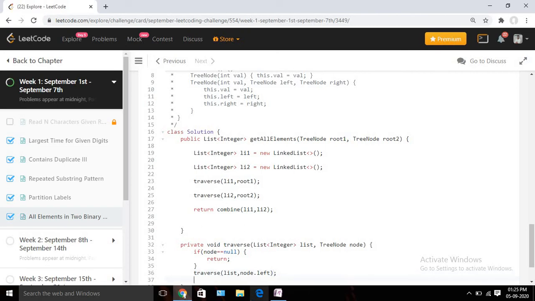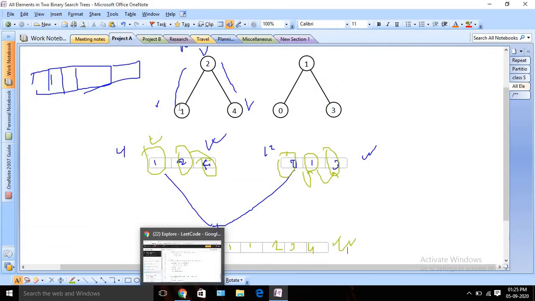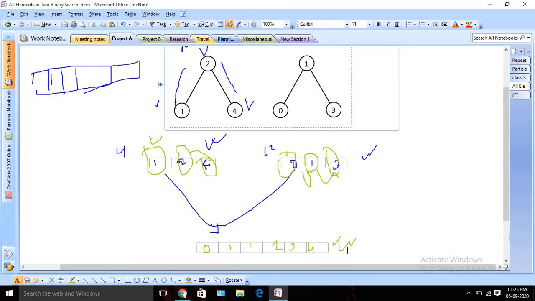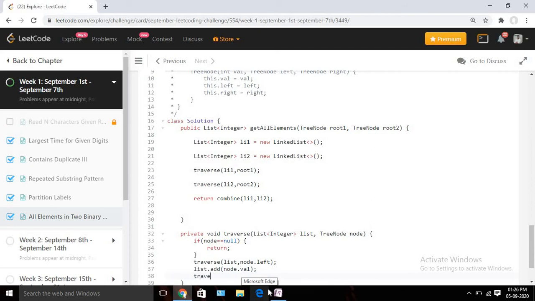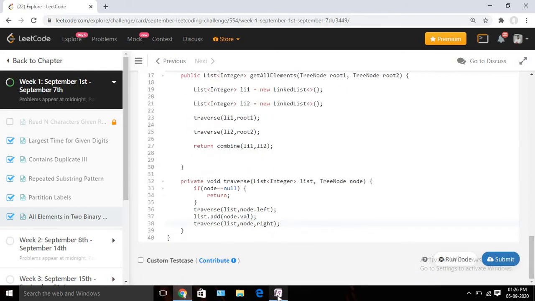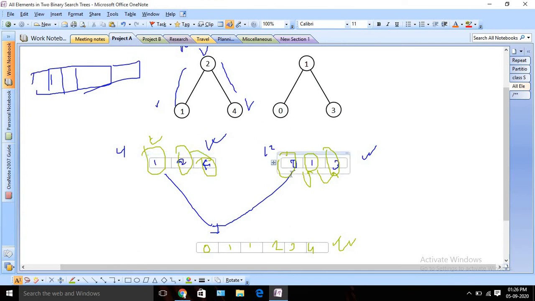Okay, then whenever we reach the extreme node, suppose I traverse the left side first, and now I am here, in 1, I need to store this value in our list, right? So let's do that. It should be list dot add, and again it should be node dot val, right? In the val we are storing the value, right? Here we can see the val. Okay, and once we are done, we will come back and traverse the right side also. Traverse, again we are going to pass two things, list, and the other will be node dot right. Okay, so I think that's pretty much it for the traverse function. That will populate all of the two lists, right? So we are calling it twice, so it will populate these two lists.